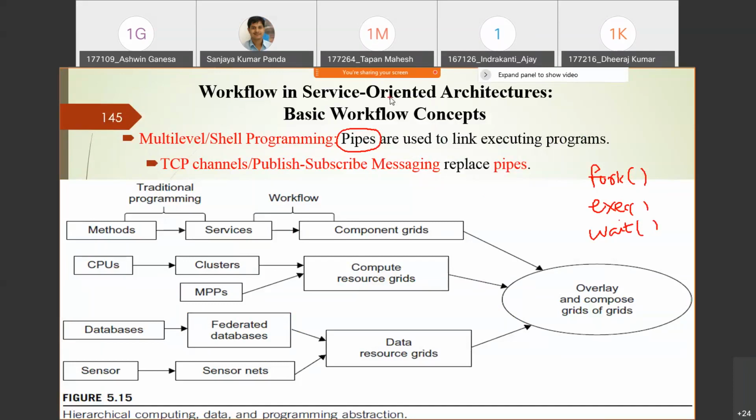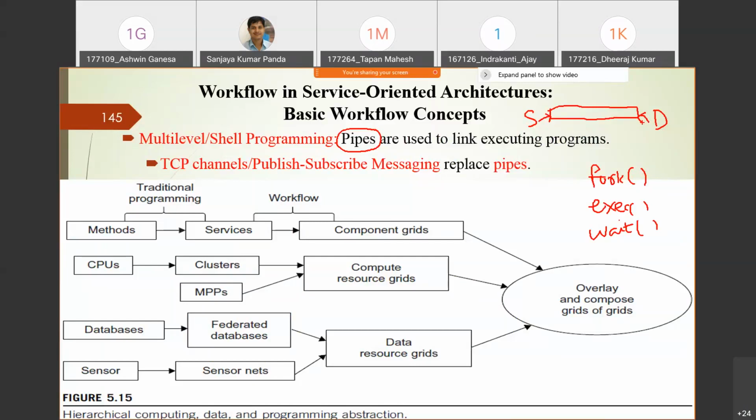So there is a pipe between the source and destination, right? There is a source and there is a destination, and there is a pipe. What happens is you write something into the pipe so that another person can read from that pipe, right?